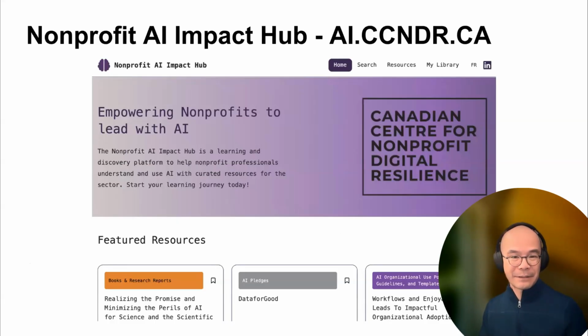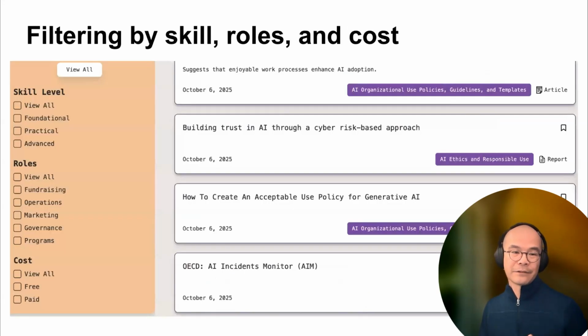And this is a learning and discovery platform, and it provides curated resources for nonprofit professionals to learn more about AI. And there are also filters that you can filter by skill, roles, and cost. So this is a resource that is helpful for AI learning that you can also direct staff to and